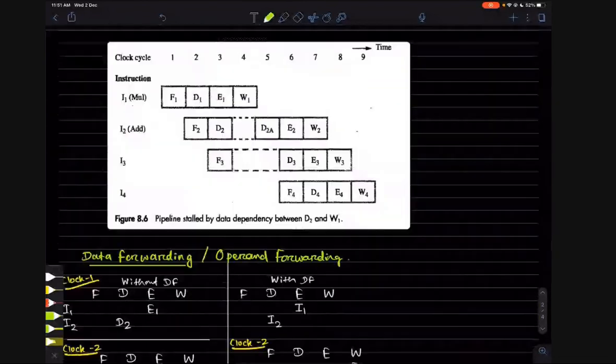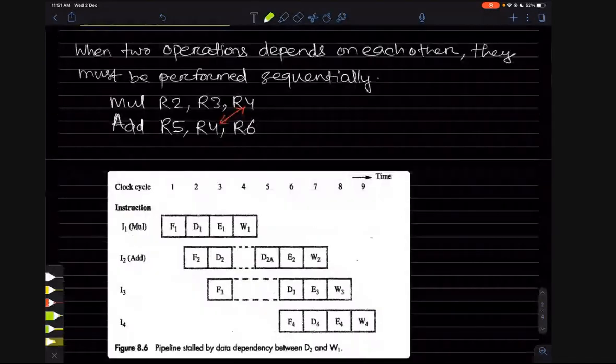Subramaniam is asking, but we need to forward only when we need it in the next instruction? No, we will forward it every time, but if the next instruction does not need that data, then it will simply not use it. Okay, so a control signal will be there. It is a very complex thing, it is not that simple. Obviously control signals will be there to read the registers R1, R2, all those things.